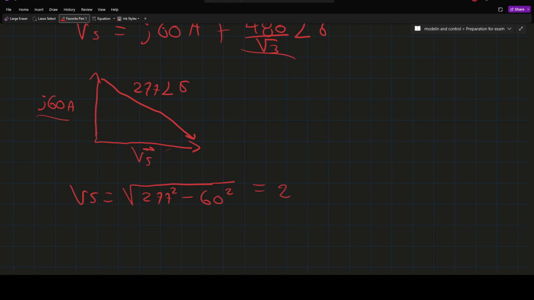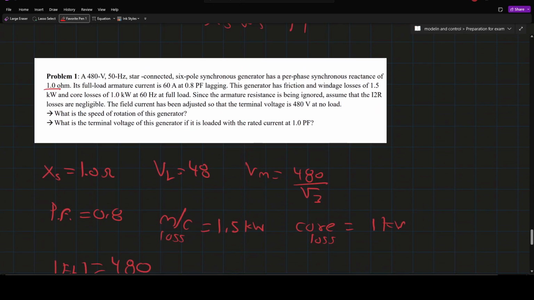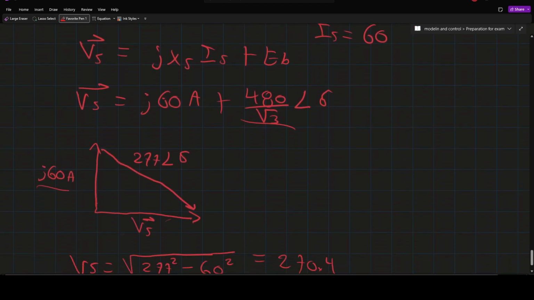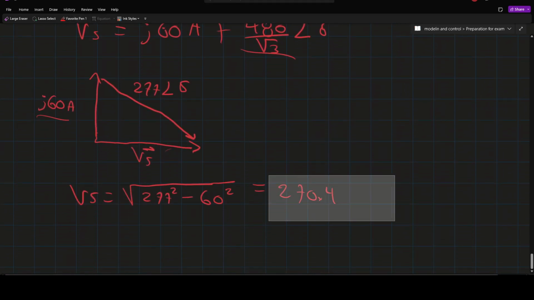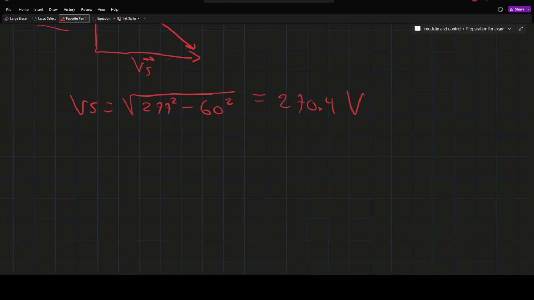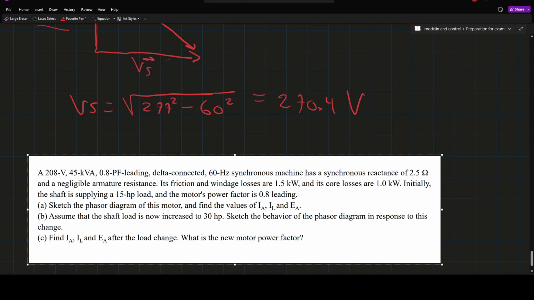And this is going to give us 240.4 V. So for the question of what is the terminal voltage in this generator if the current is loaded at 1 power factor, it is 240.4. Okay,